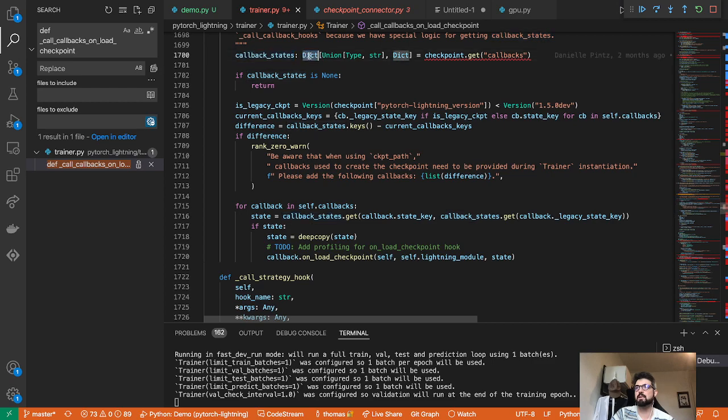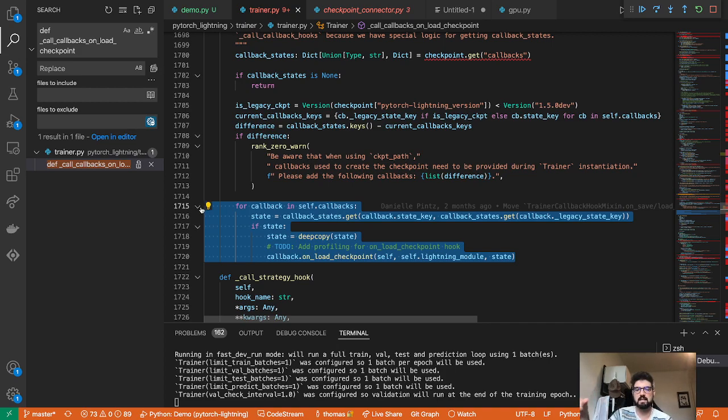So here we have a dictionary which maps either a type or a string to the state of the callback, right? Here we get the state key and the legacy state key, and get the state, and if that state is actually defined, we reload it. Looking at the code, we see something quite interesting: if we want to reload our code exactly as it was from a checkpoint, we need to provide exactly the same callbacks as